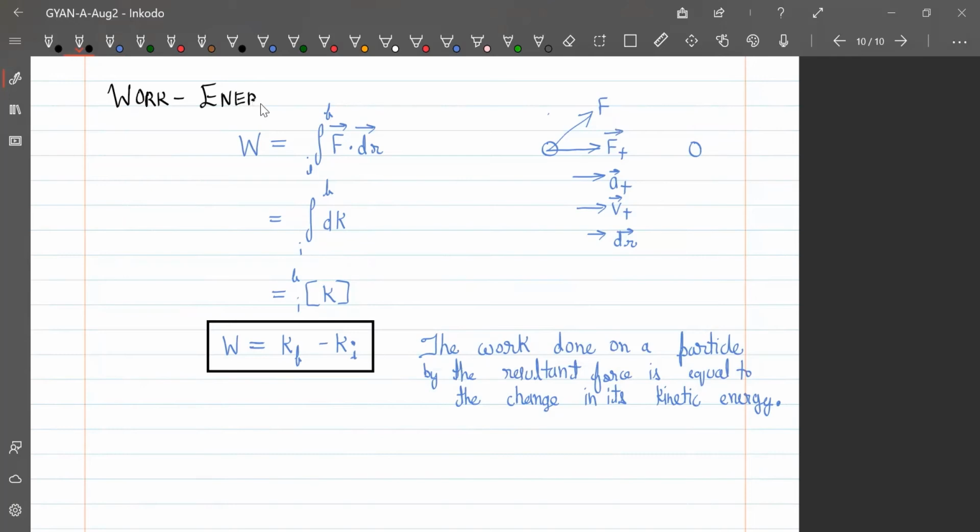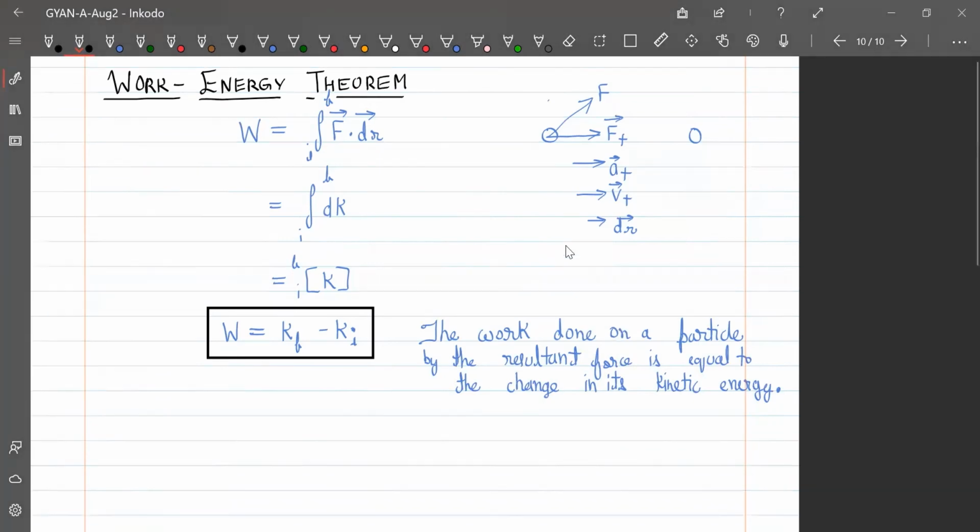This is called work energy theorem. Means जितना भी वर्क हम किसी सिस्टम पे कर रहे हैं वो जाता है सिस्टम की kinetic energy. This is called the work energy theorem. Okay. अच्छा, इस इक्वेशन को लिखने के बहुत सारे फॉर्म्स हैं, एंड वी आर गोइंग टू फर्स्ट इन्वेस्टिगेट द एंड